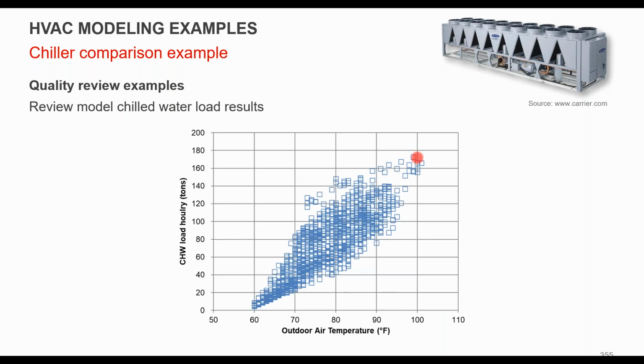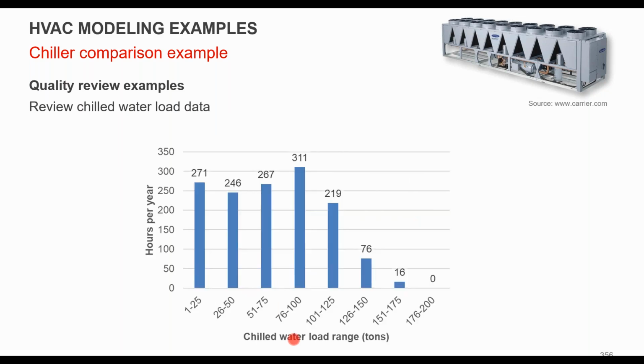Another way to visualize, again, this is an 8760 plot, is to plot outdoor air temperature versus your hourly load, and make sure you're actually seeing the load on the chiller, load on the building itself, and then the chiller itself, dropping as you get lower temperatures. But this could also indicate, if you had a data point at a low outside air temperature with a high chilled water load, that there's something going on. You might need to go check it in the model.